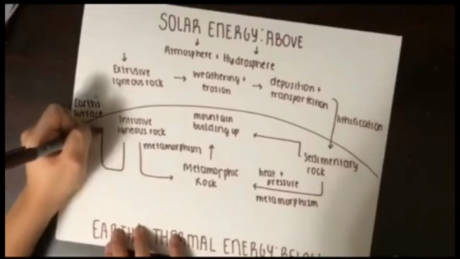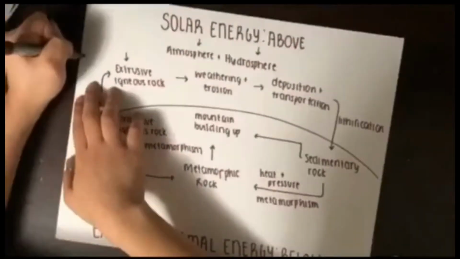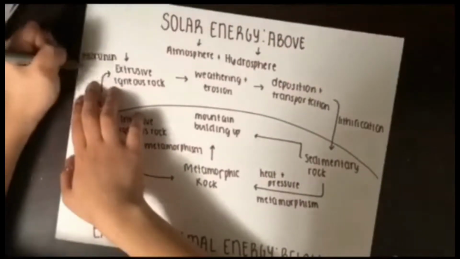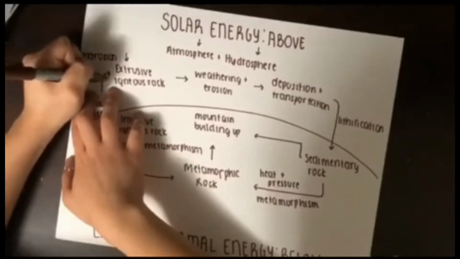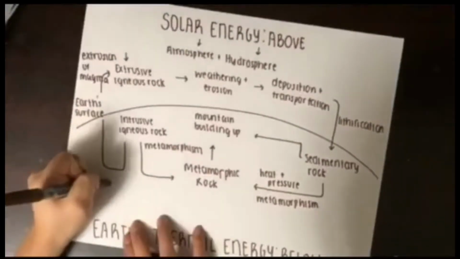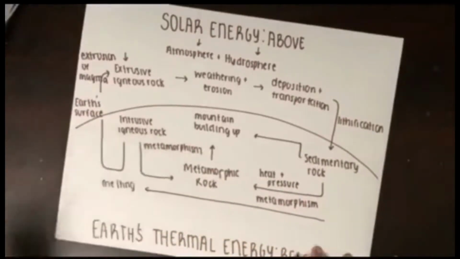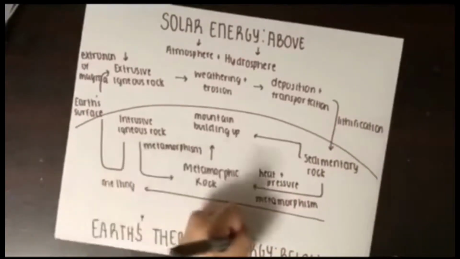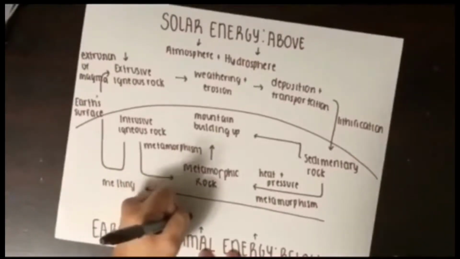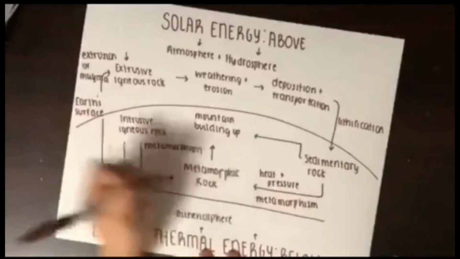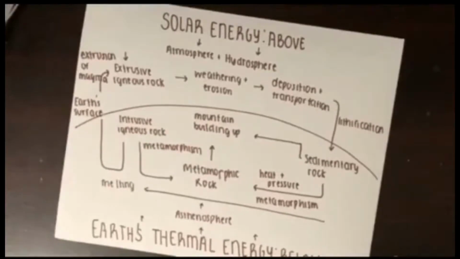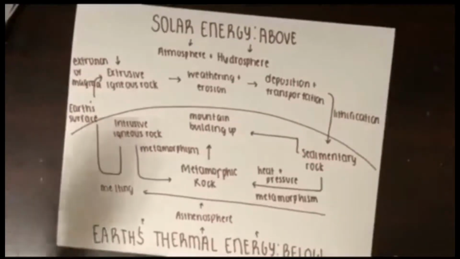With heat and pressure, sedimentary rock will form metamorphic rock. Both sedimentary and metamorphic rock can cause mountains to build up. Intrusive igneous rock can also become metamorphic with heat and pressure, or it can become extrusive igneous rock if the magma is extruded. From below, the decaying of radioactive materials and the intense heat gives Earth its asthenosphere, where convection